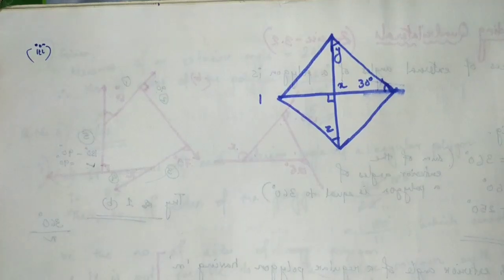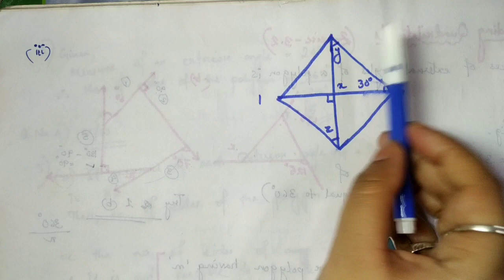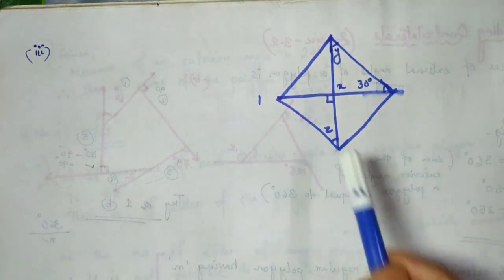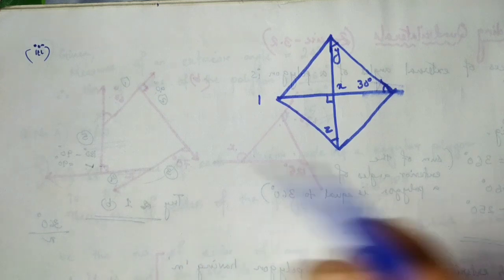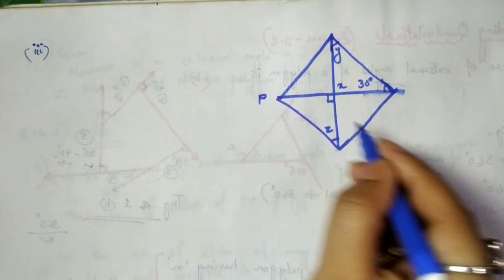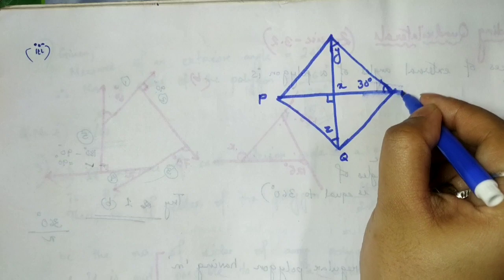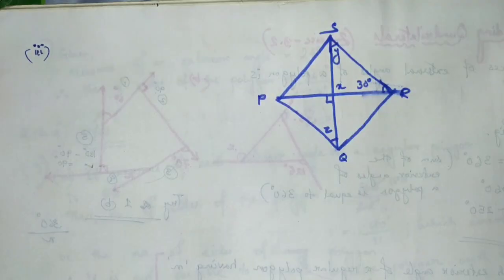Now for this parallelogram, the name of the parallelogram is not given. So these are the different X, Y, then 30 degrees given, Z is given, and this you know it's 90 degree. So what we'll do here, can we name the parallelogram as anything? So P, Q, say R and S. I'm naming it this way for my convenience. You can name it as anything, ABCD. So we'll use the figure.